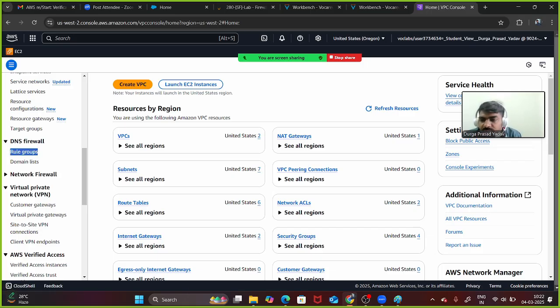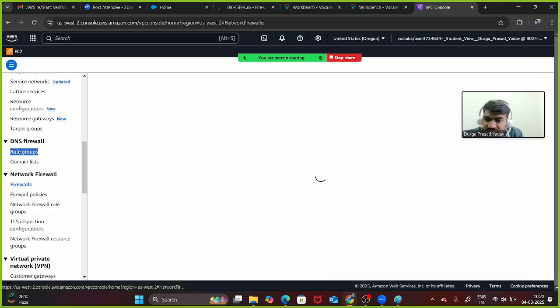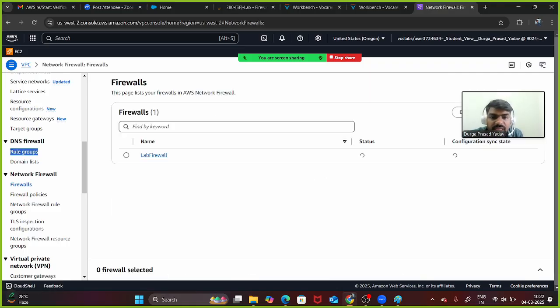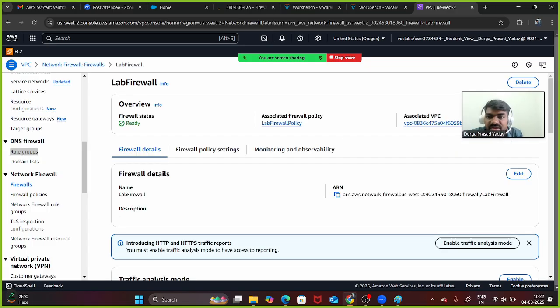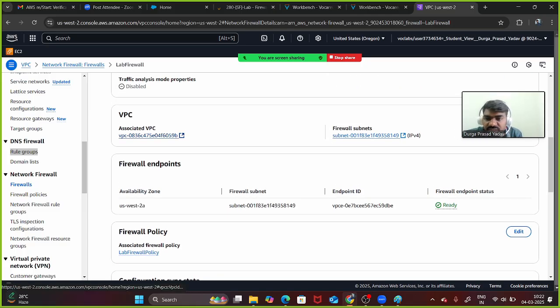We have rule group. Under the network firewall, you will be having firewall policies. Firewall policy will dictate all the rules to all the traffic, and the rule group is a group of rules which I have told you. So here in this lab, if you click on firewall, one firewall has been created for you. The name of the firewall is lab firewall, and it is used with this VPC. You can see the VPC